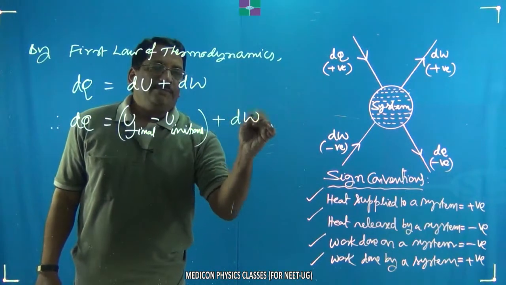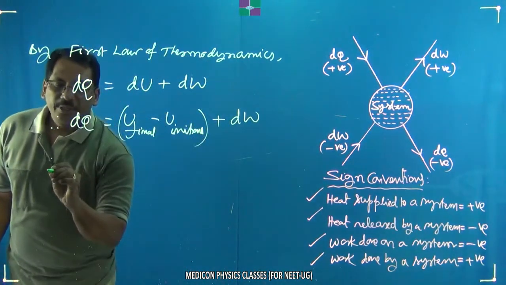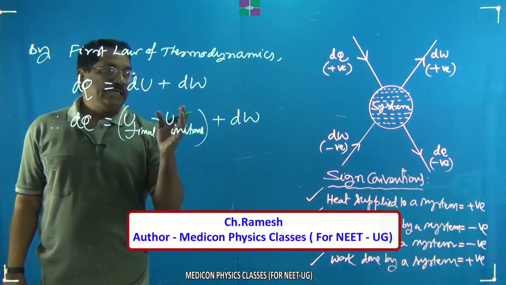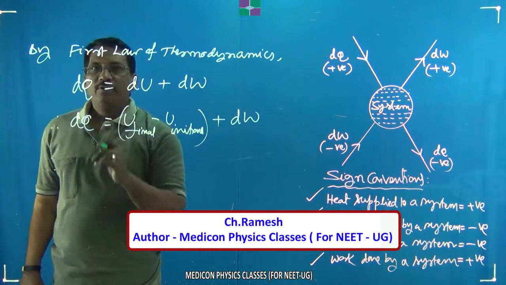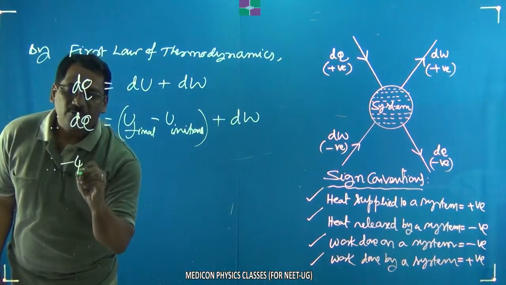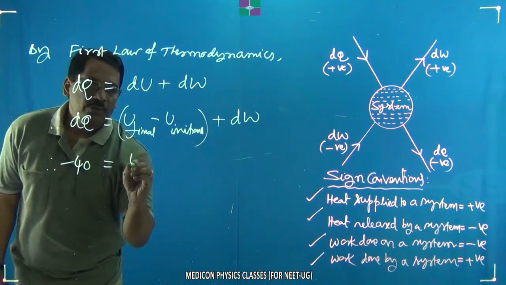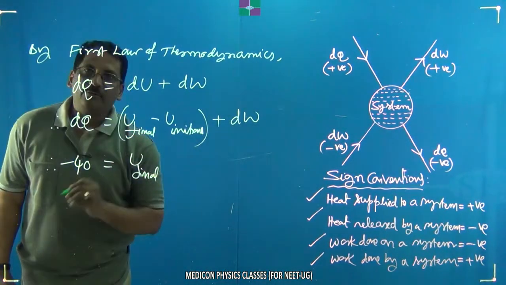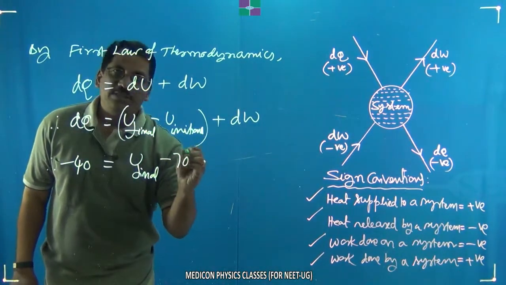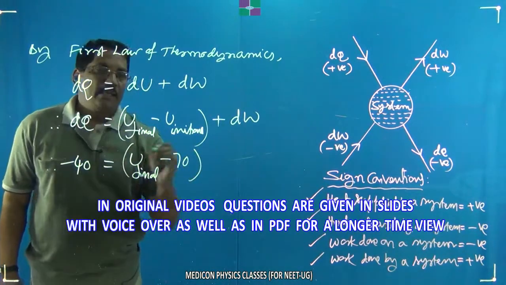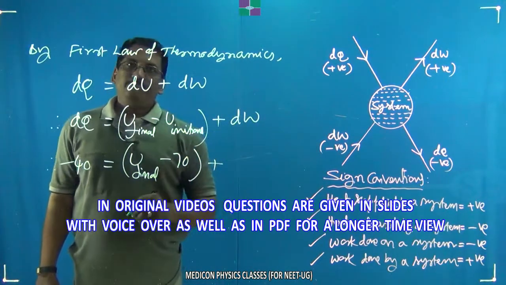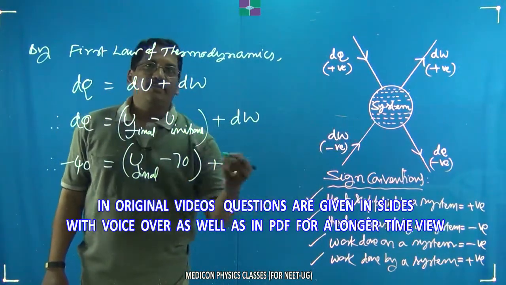plus dW. And therefore, here in this case, the system is given to be releasing an amount of heat of 40 joules. So the heat released is negative, minus 40 is equal to U final, which is our interest to calculate, minus U initial, which is given as 70 joules, initially the internal energy of the gas, plus here the work is done on the gas. Work done on the system is negative, so work done we have to